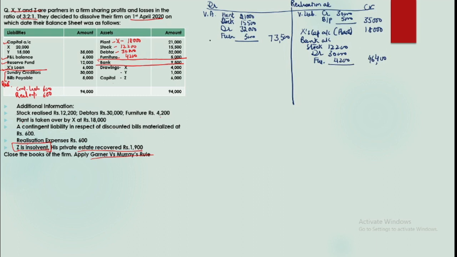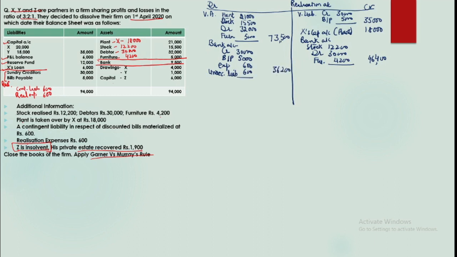All right, now here comes the payment on the debit side. So you are to pay all liabilities in full, because if nothing is given, liabilities are paid in full. Then you have expenses of 600 and you have unrecorded liability, right? 600, that is for the discounted bills. So you can note down here 36,200.